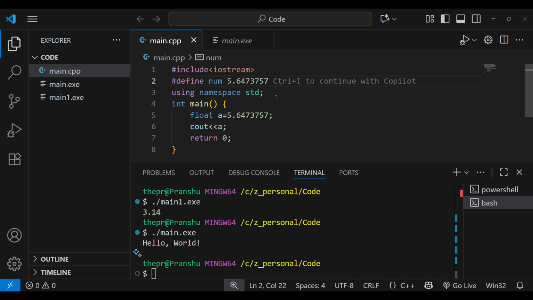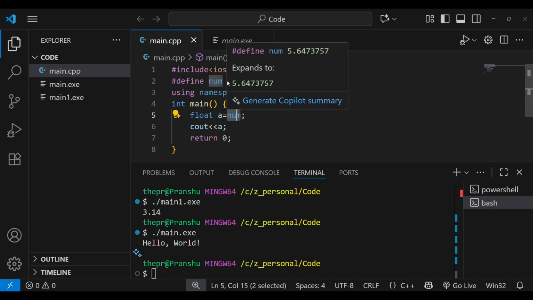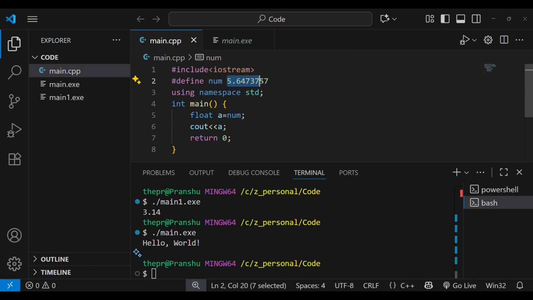And at the end of it, no need to write the semicolon. Now we can use num over here. So if we use num, it will replace num with this number.